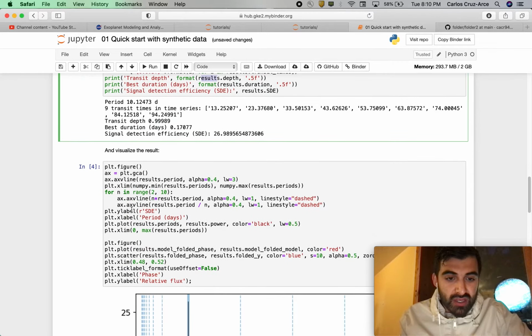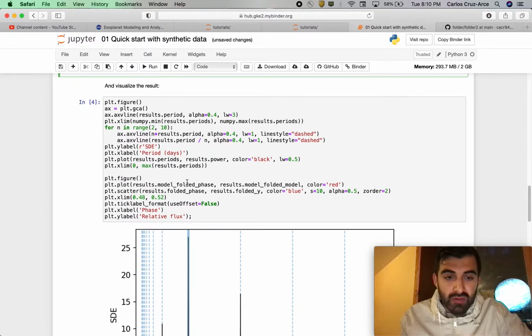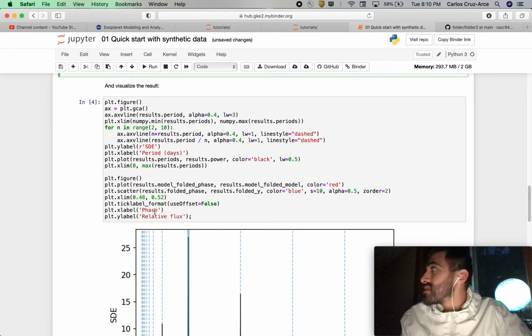Now to visualize that, we will go ahead and plot. We're going to plot 2 things. We'll plot SDE versus period, and we will also plot phase versus